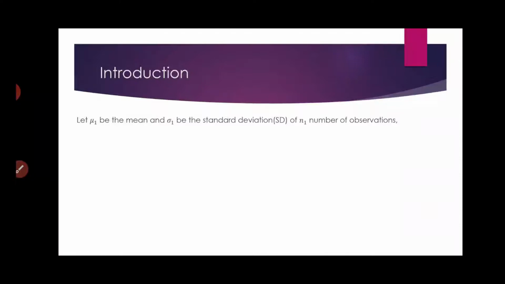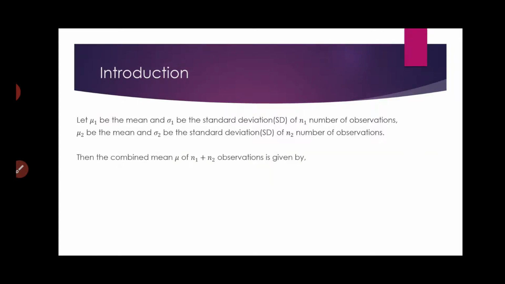Let mu1 and sigma1 be the mean and standard deviation of n1 number of observations. Now what is the idea? You are given a collection of data, and there are n1 number of data, and if you are finding the mean of that, then that mean is given to be mu1 and the standard deviation is given to be sigma1. Now similarly, if there is another set of n2 number of data, and the mean of that data is mu2 and standard deviation is sigma2, then the combined mean of total data,